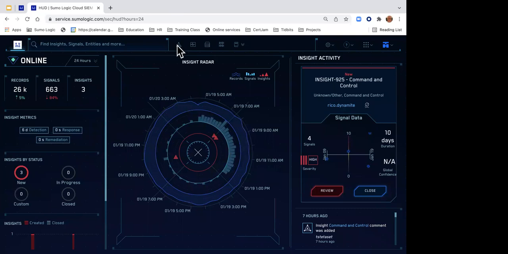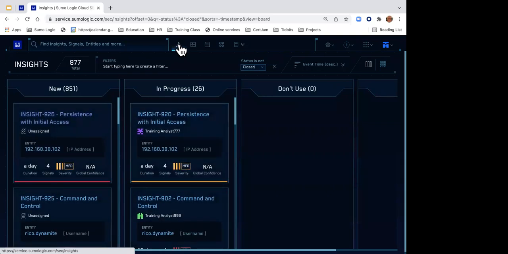So to make this easy, I could click on these insights here, which would select that one insight, or I can see all of my insights. So I'll click on this little triangle up here and I can see all of my insights. Now, I'm going to take this first insight, insight 926, persistence with initial access. Here, this is all centered around this one IP address,